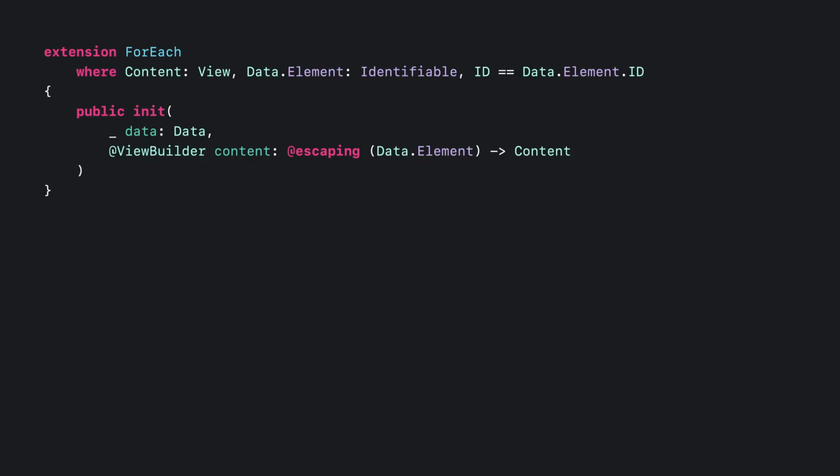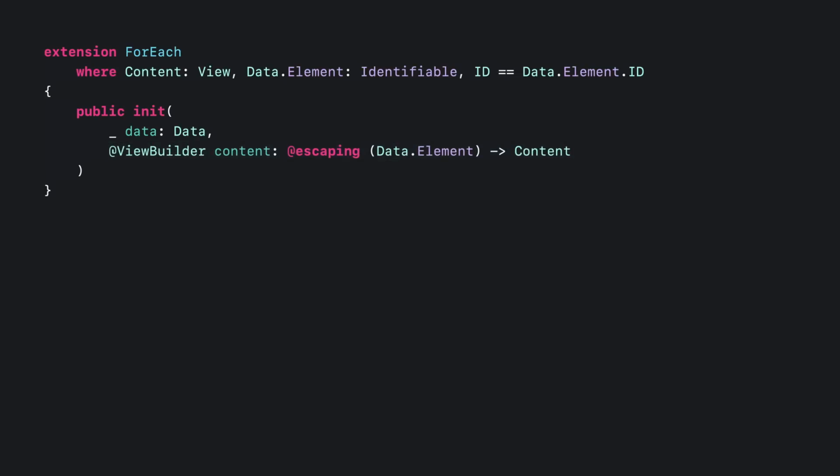ForEach needs two main pieces, a collection, here indicated by the generic argument Data, and a way to generate a view from each element of the collection. The shape of this initializer should give you the intuition that ForEach defines a relationship between a collection of data and a collection of views.